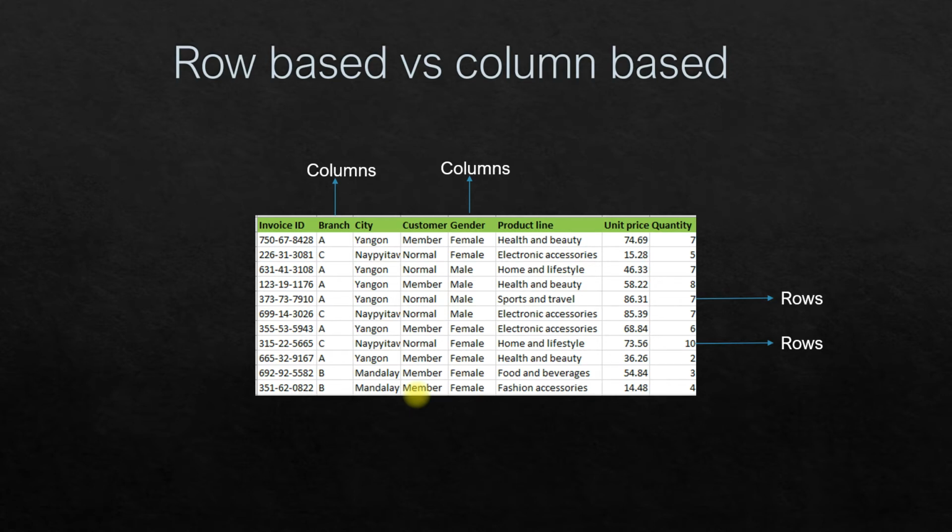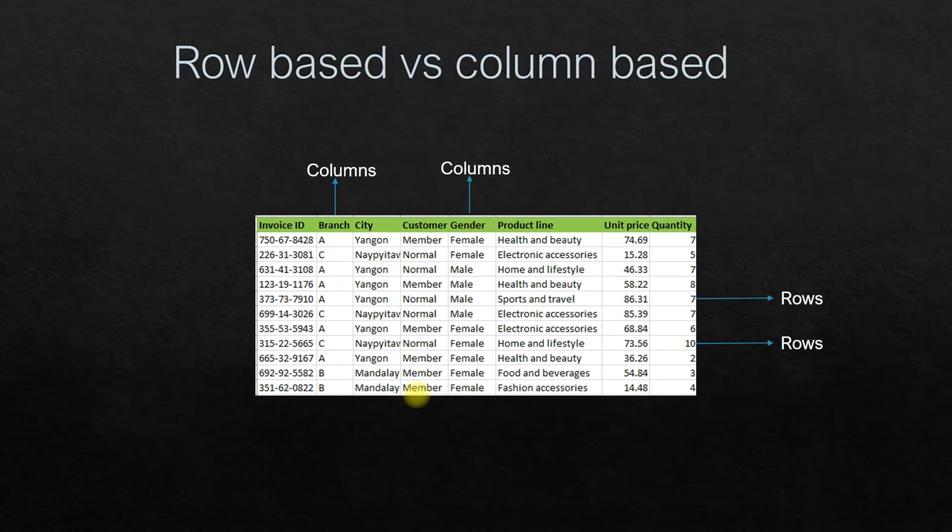Now in the case of column based or column oriented files or databases, each column is stored as a file. So if I want to read only 3 columns, I'll be reading 3 files which have the relevant column information.